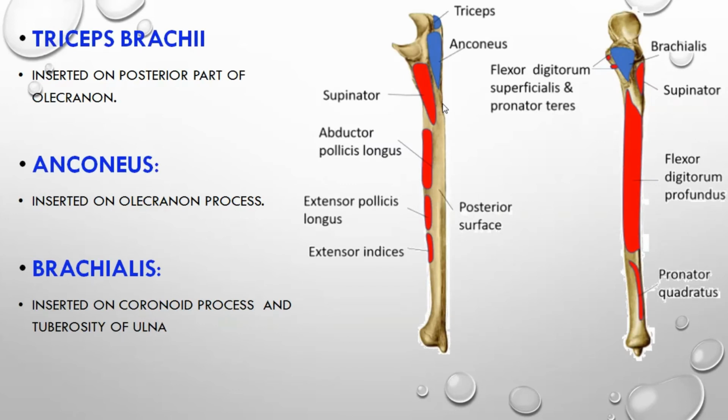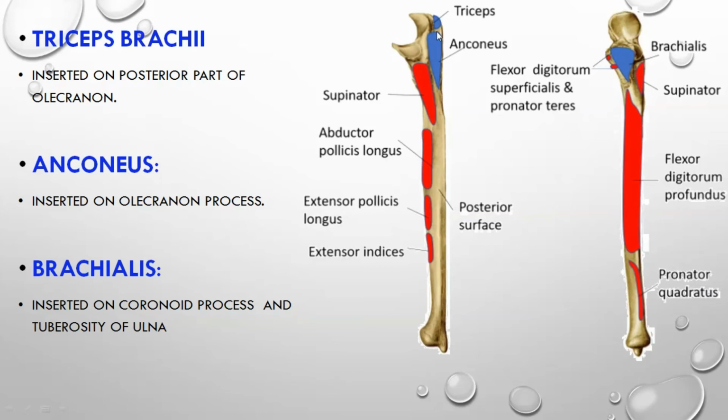Now these are the muscles which usually insert on the ulna. The muscles which are written in blue color insert on the ulna. The first is triceps brachii. The triceps brachii is inserted on the posterior part of the Olecranon process. So this is the Olecranon process, and this is the posterior surface of the Olecranon process, which is large, triangular,